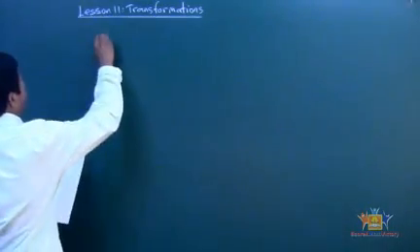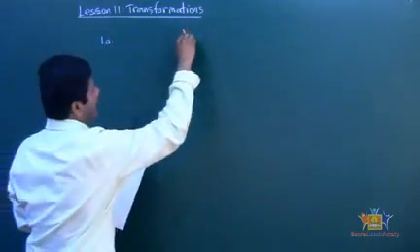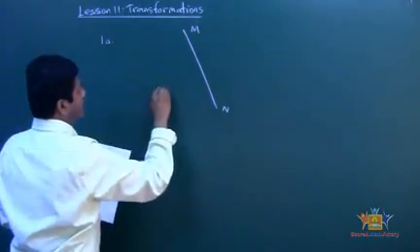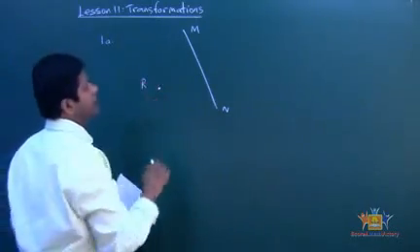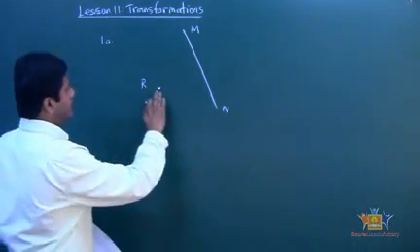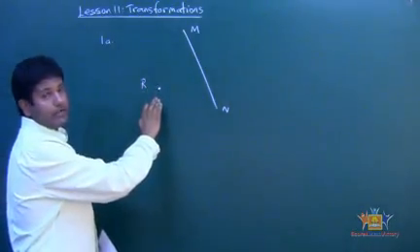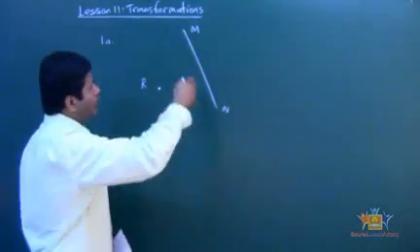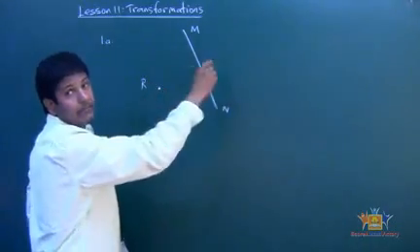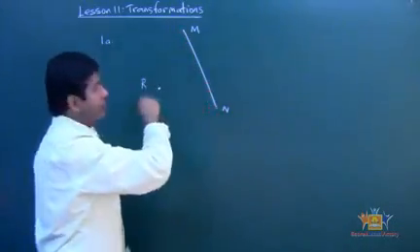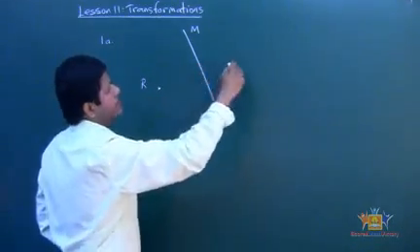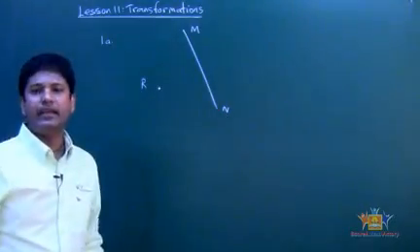You're given problem 1A. 1A, you're given a line MN. And then you're going to point right here. And you want to find the reflection of this point. Now, what is the key thing that we need to know in order to find the reflection of this, in other words, the image of this object? So if this is the reflection line, you want to create a perpendicular from the point to the reflection line, and then you measure the distance, and then you measure on the other side for the image. That's where you locate the image, alright?